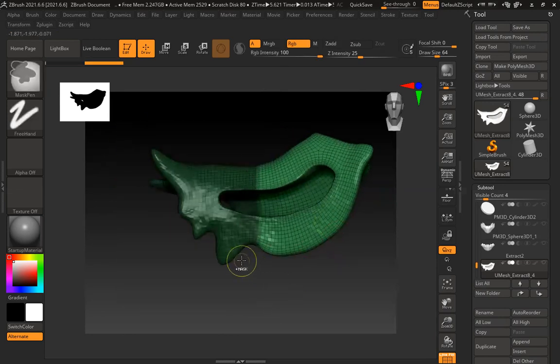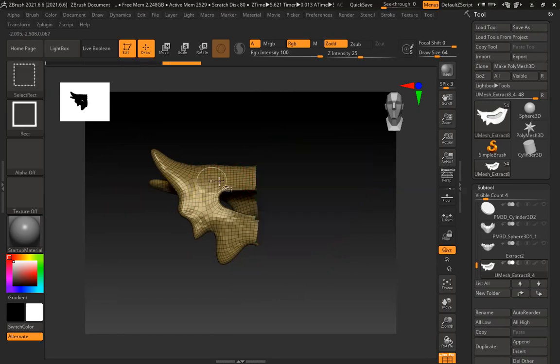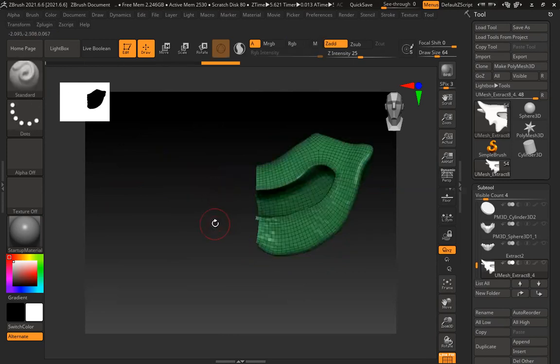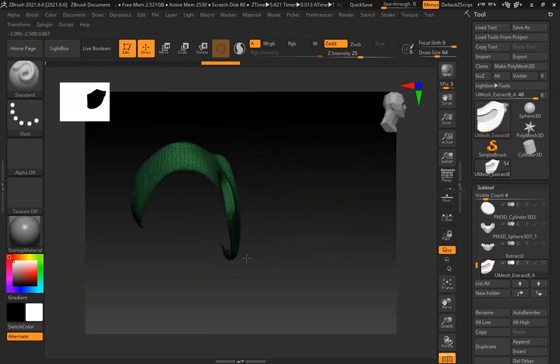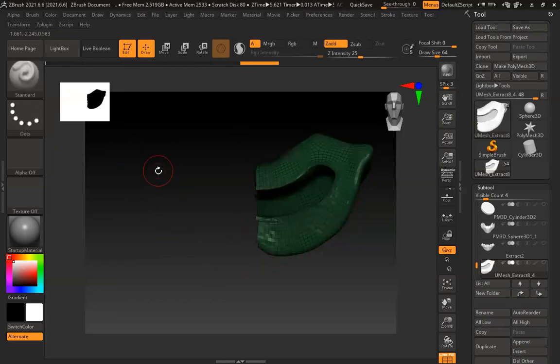Select that, Control W to define any polygroup. Now I want to hide only this section: Control Shift click, and wherever you click, it will isolate that section. If you Control Shift click again, it will invert the selection. And if I want to mask it, Control click outside, and it will mask.